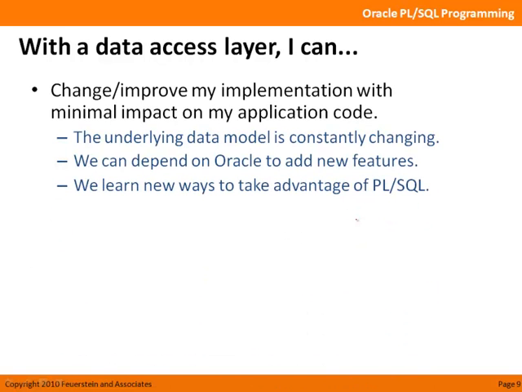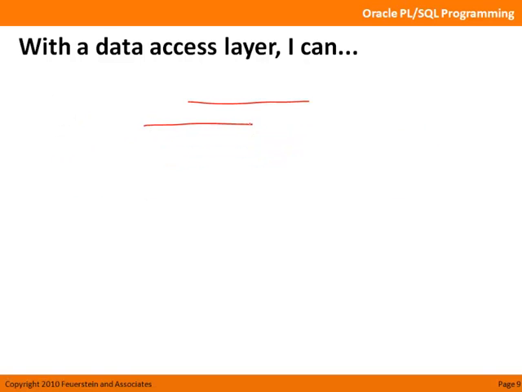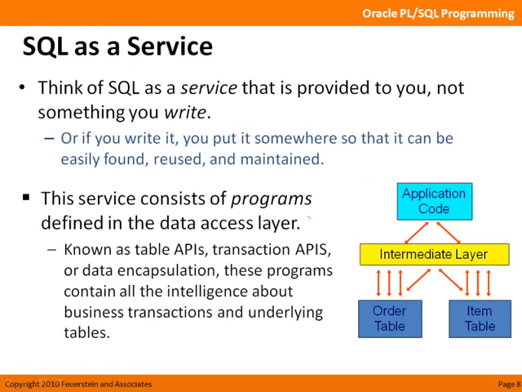First of all, and most importantly, you can change or improve your implementation with minimal impact on application code. Clearly, this is the ideal that you want to aim for. I add a column to a table, I add a foreign key, whatever, all this kind of change, and I buffer most of the impact of that change in my data access layer. Certainly, I will have to change my application code if I change my underlying database; it's very unlikely that it wouldn't have impact at a high level. But I can buffer and hide most of the impact in my data access layer.